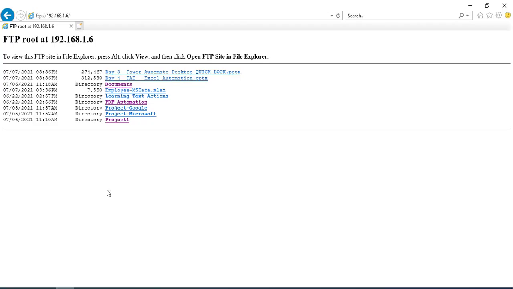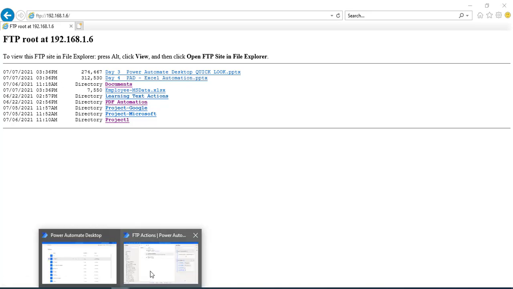Now once again, if you see my FTP server, I have a few directories. Along with that, I have PowerPoint files, and I have only one Excel file. Whenever I sync this data from the local folder to the remote FTP server, I want only the PowerPoint-related files to be added along with these files. I'm not going to disturb the existing FTP server. While uploading, only PowerPoint-related files have to be uploaded. That's the main use case over here.